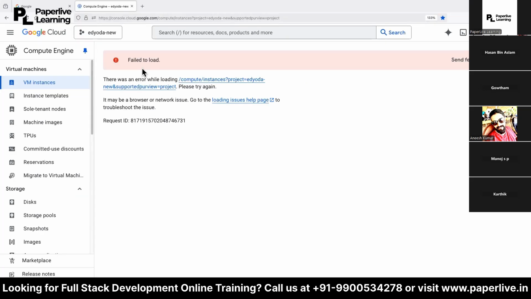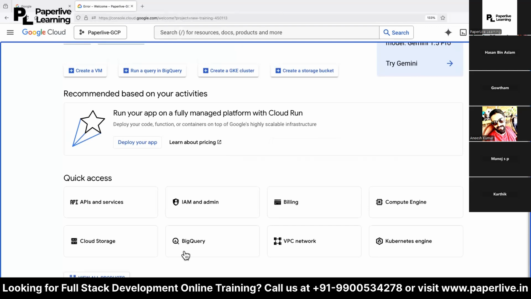See why a bucket name needs to be globally unique. Because if you keep data in a bucket and want to share it, you need to generate a URL, right? That URL needs to be unique because you'll be sharing it, and anybody can access it through a mobile phone or in a browser. So it should be globally unique. Then only you can generate a web URL. Okay, let's create a bucket.